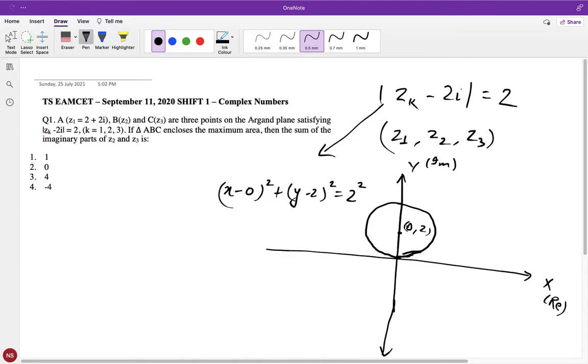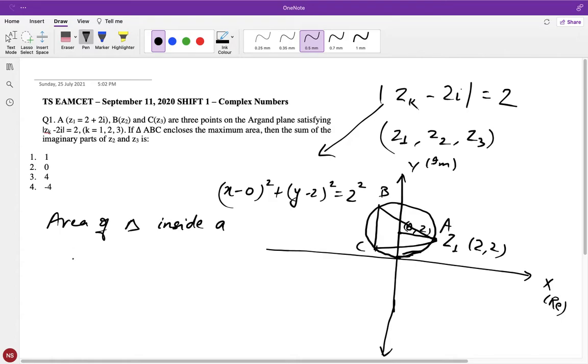And point 1 is given to me as 2 + 2i. The radius is 2, so this distance is also 2. So this is Z1, (2, 2). And we are given Z2 and Z3, which are equidistant from this center, lying on the circle, such that if this is point A, there are 2 points B and C such that the area of the triangle ABC is maximum. We know that the area of a triangle